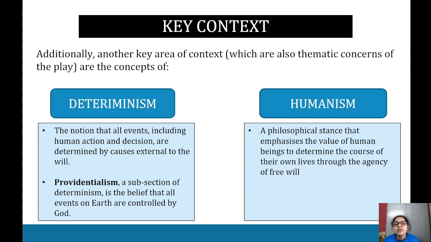Humanism is a philosophical stance that emphasizes the value of human beings to determine the course of their own lives through the agency of free will. It emphasizes mankind's own capacity for self-determination. So now it's interesting because we are looking at this tension between providentialism and humanism, where we're saying that